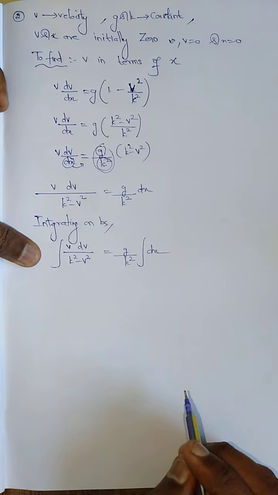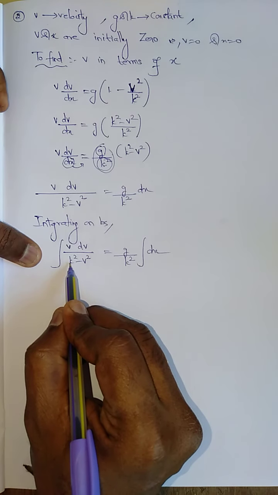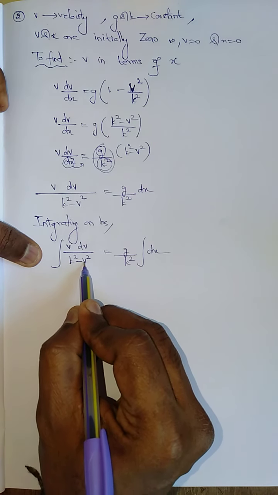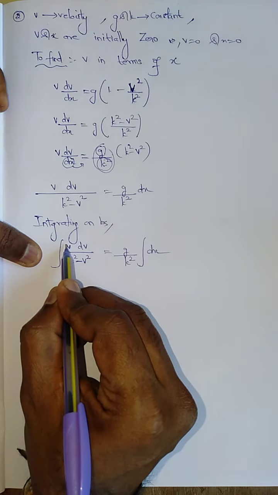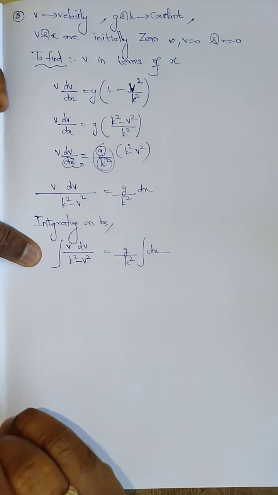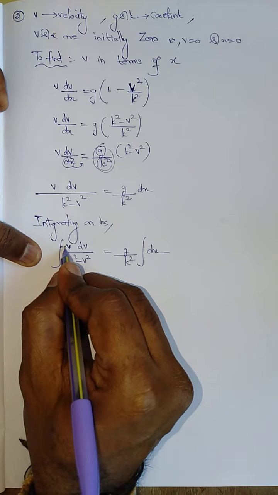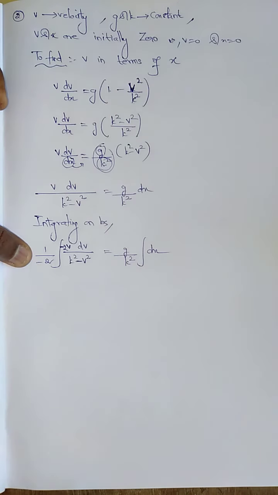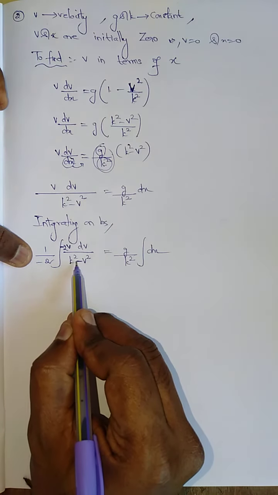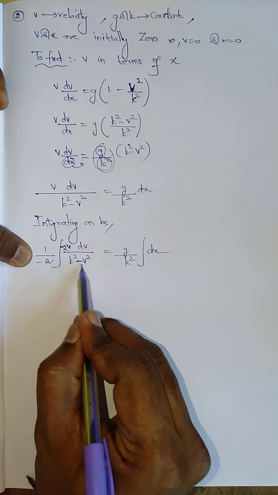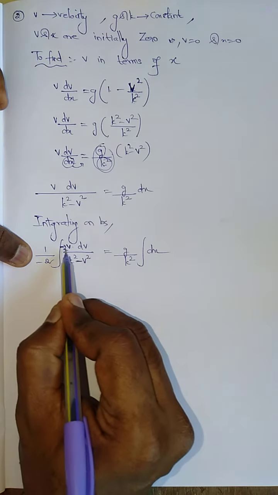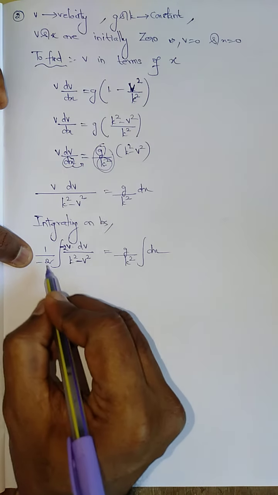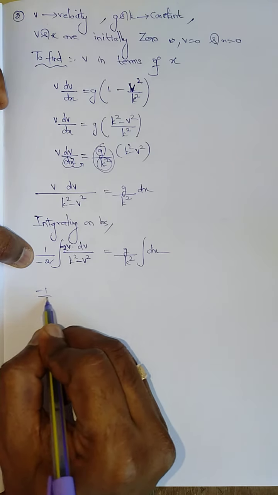After that, see, the differentiation of k square is 0, minus the differentiation of v square, which is 2v. V is present, but minus 2 is absent. So put minus 2 here, and divide by minus 2 here. Why? Because k square differentiated is 0, minus the differentiation of v square is 2v. If I put minus 2 in the numerator, I must put minus 2 in the denominator also. So we get minus 1 by 2.